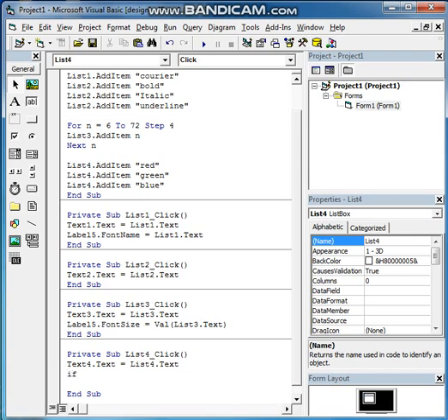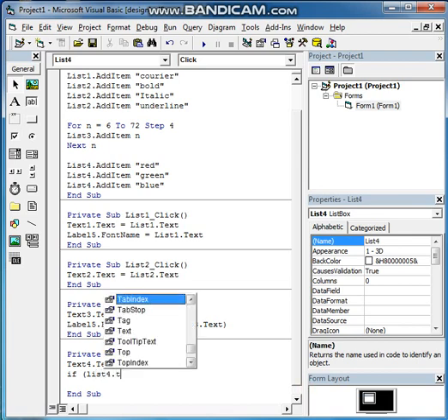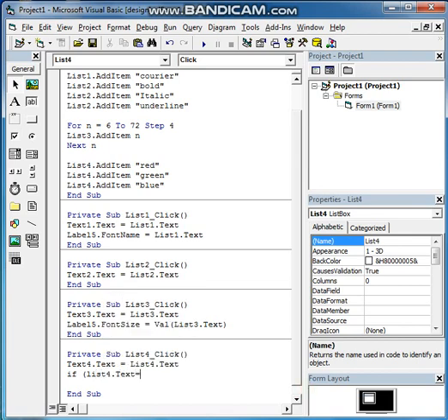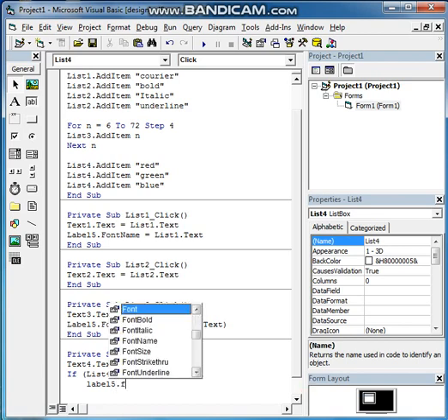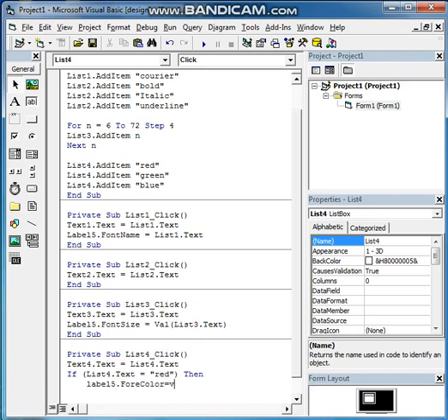So we can write: if List1.Text equal to red, then Label5.ForeColor will be vbRed. Otherwise, else